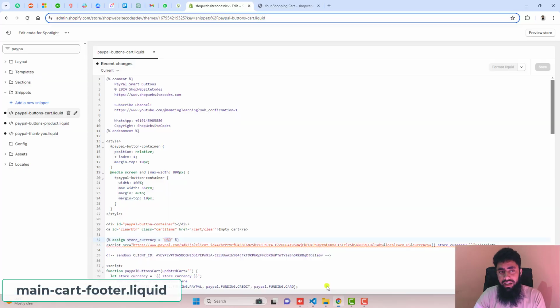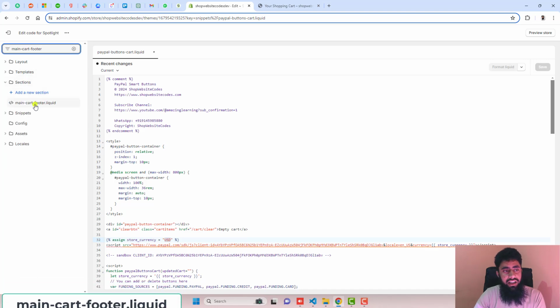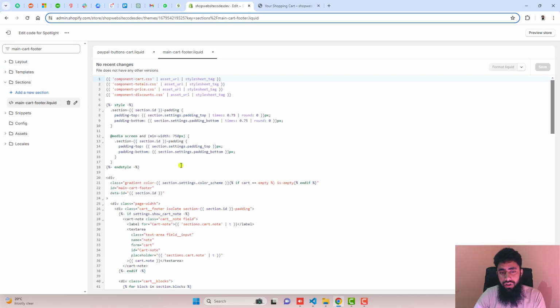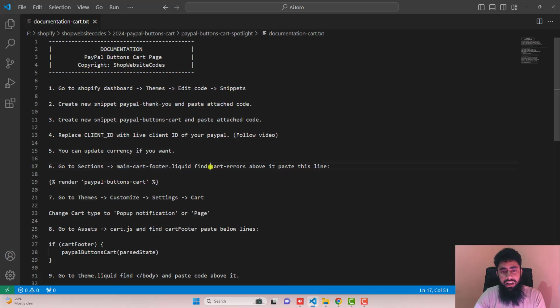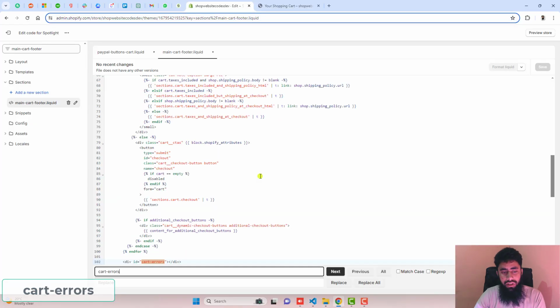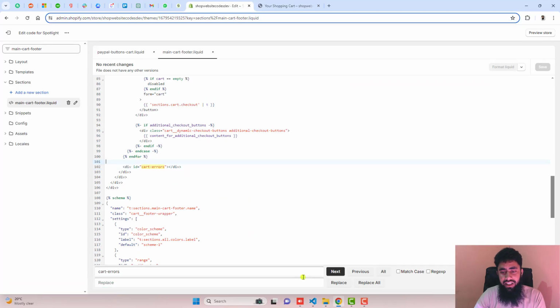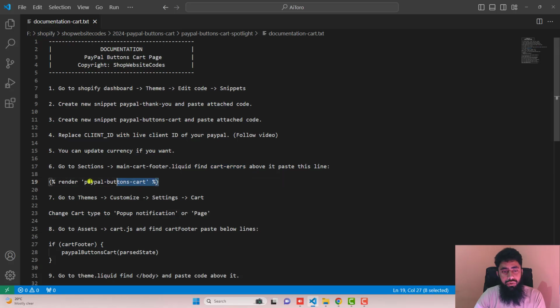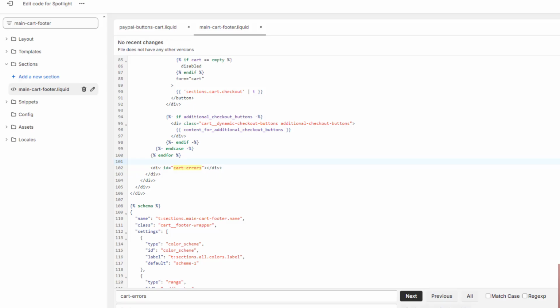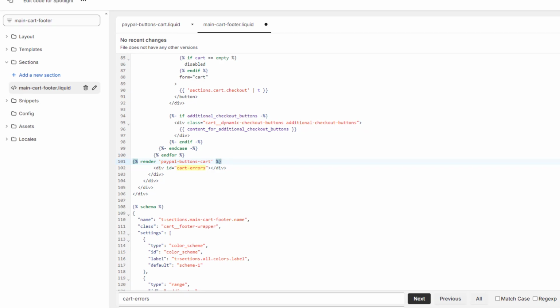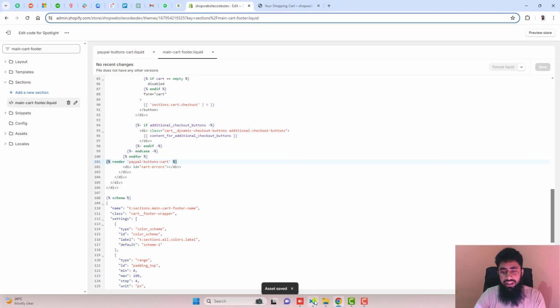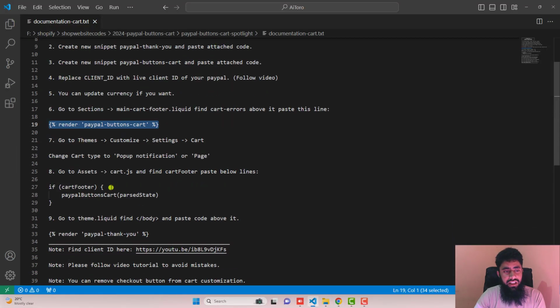So you should copy the name from here, search it here, and then click on man-cart-footer.liquid. And inside of it, we need to search cart-errors. And here we have, using Control F or maybe Command F, it is highlighted here. And just above it, we have to paste this line of code. All right. So I have pasted that line of code, click on save,